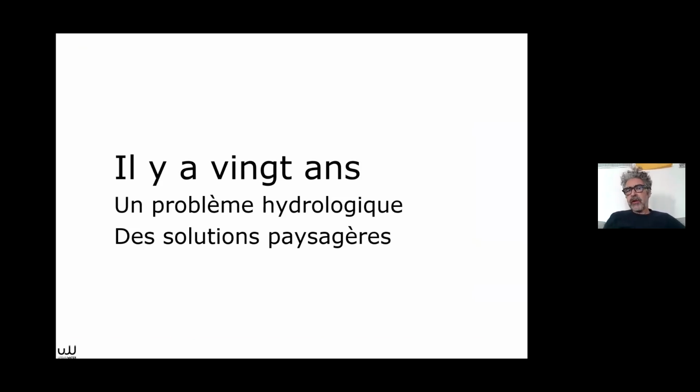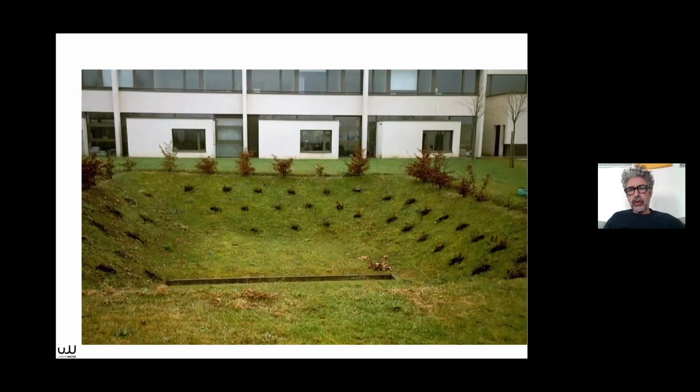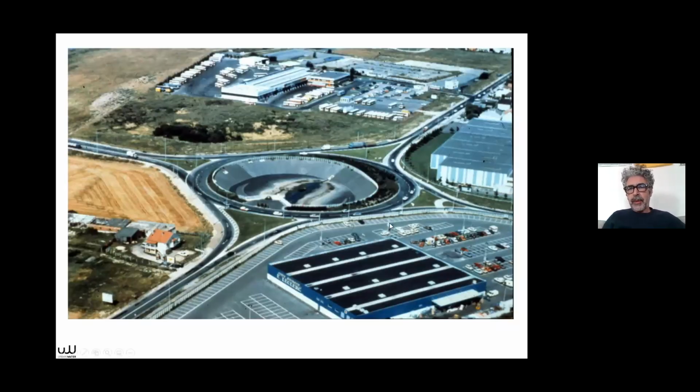So 20 years ago, we realized that these underground structures didn't work very well. And we said to ourselves, can we not integrate that into the city in a better way? So we started to say to ourselves, oh, well, a retention basin might be something that's more open, greener. So this again is a kind of an exaggerated example. It's a design office that sized its retention basin like this, and then it asked a landscape artist to put some plants around it. So it's a first form of integration, but it's almost a caricature if you ask me.